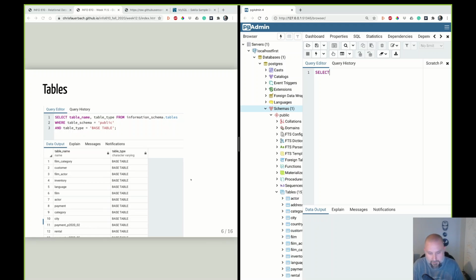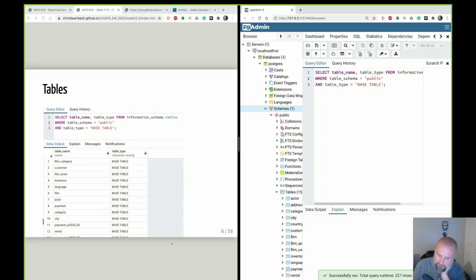So I can select table name, table type from information schema. Information schema is a schema of its own. If I type dot tables, which is a table, where table schema equals public, because all the stuff I did was in the public schema, and table type equals base table. So when I run that,